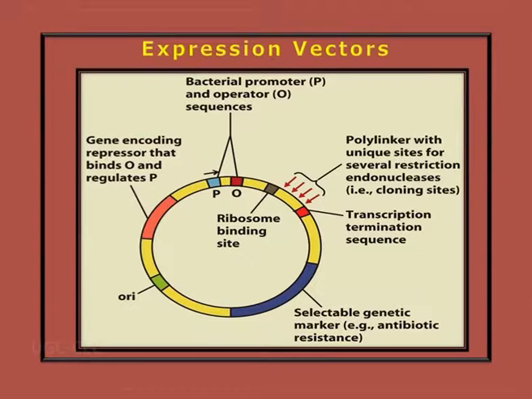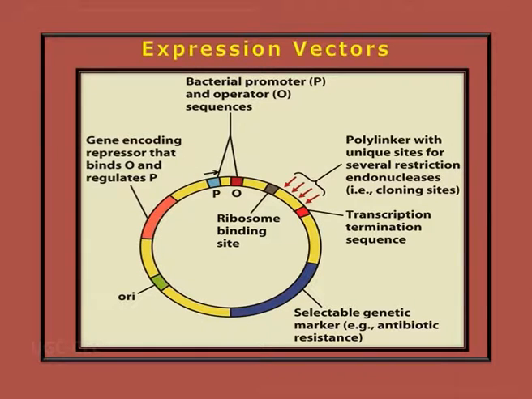An expression vector is nothing but a cloning vector wherein there exist certain extra sequences, namely the promoter sequence to carry on the transcription of the gene. It also comprises a ribosome binding site for initiation of translation to take place. It also comprises transcription termination sequences and translation termination sequences. And the rest of the sequences like the polylinker sites are also present, just like cloning vehicles. It also has an origin of replication and selectable genetic markers like antibiotic resistance genes.